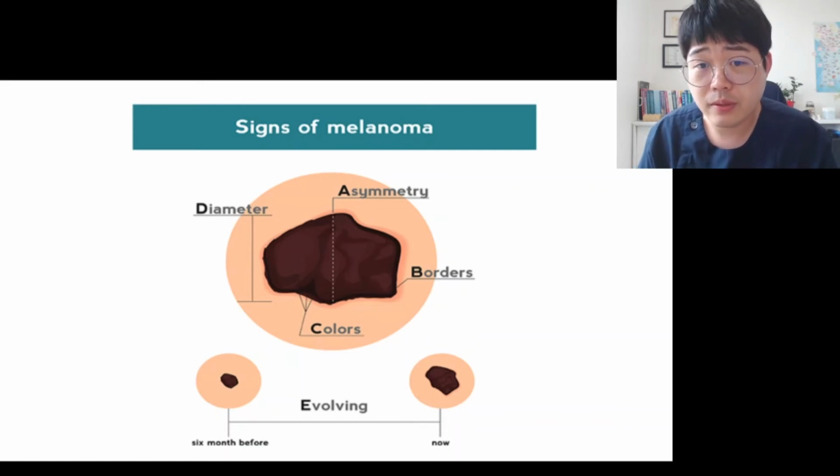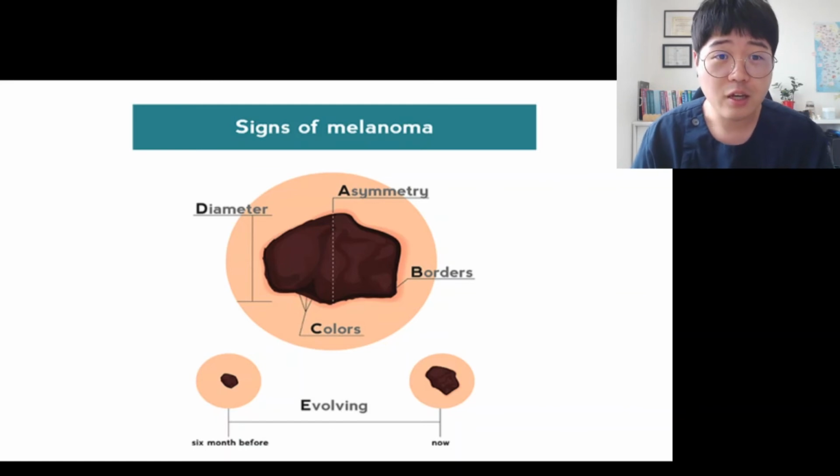D is important. What I want you to know is only D, the diameter, larger than 6 millimeter. You should remember that might be the key point when you're faced with the questions, alright? So larger than 6 millimeter, that could be important. And E, elevation, yeah, usually elevated, but sometimes maybe flat. Most of all, it changes over time, right? 6 months before, but evolving,